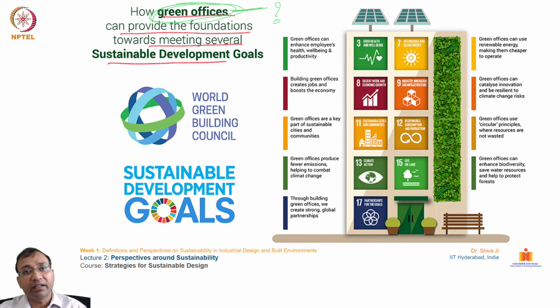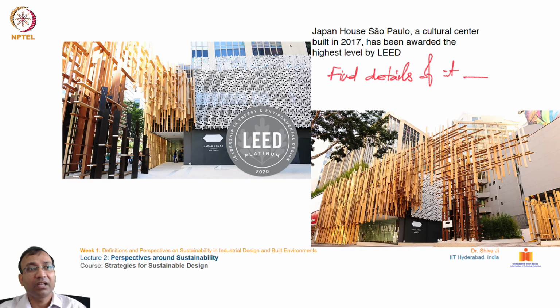For any green office, these are the UN SDGs that are directly involved: good health and well-being, clean energy, and infrastructure. We have discussed this in the previous one, but this is specific to office construction. There are some interesting insights, examples and case studies from across the world. Of course, you may be aware of GRIHA and LEED, and there are CASBEE and BREEAM. There are many more sustainability assessment rating tools from across the world, which try to assess or evaluate buildings and rate them on sustainability parameters.